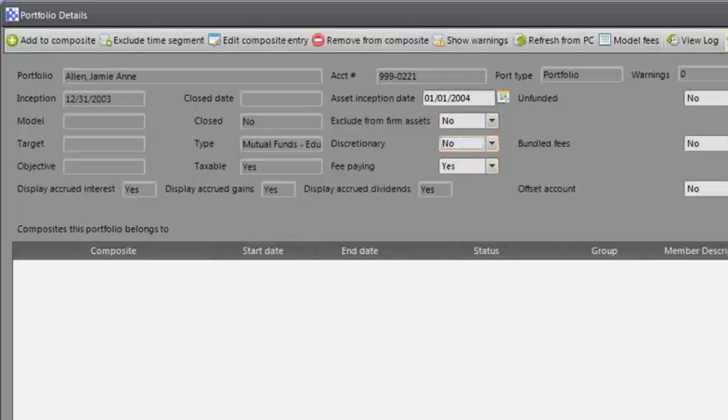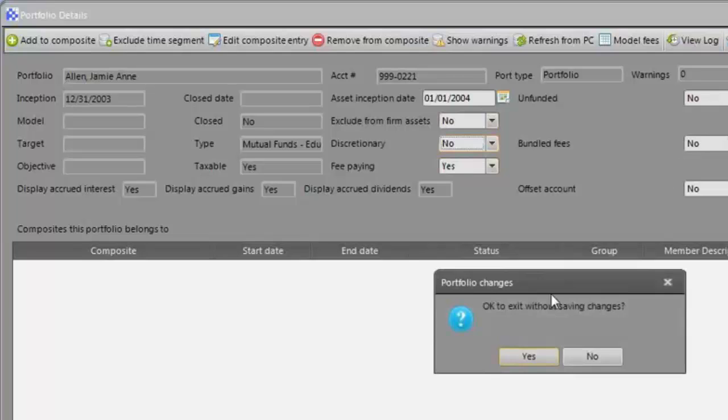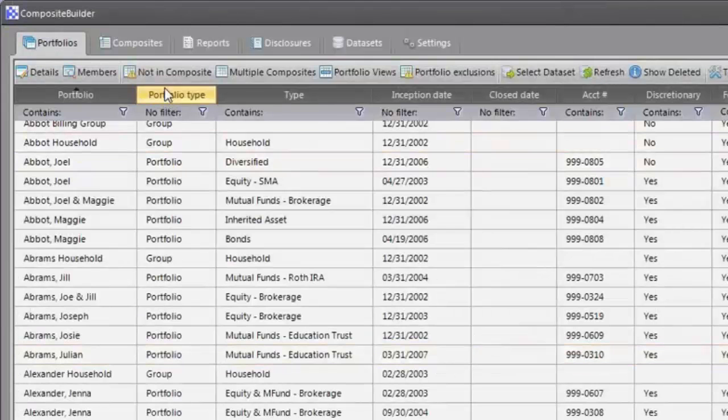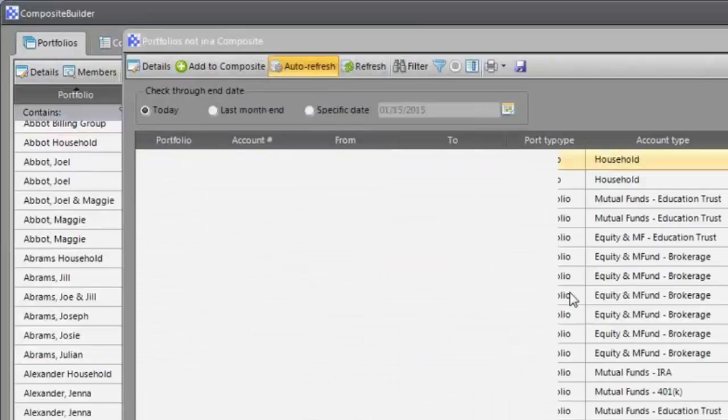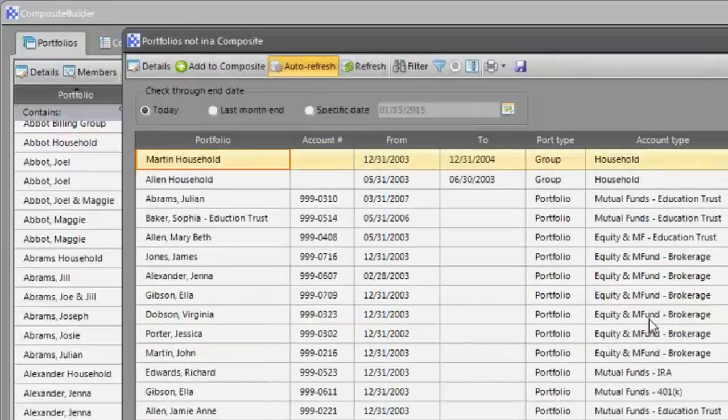Right, you're managing it, because one of the things that we're trying to do in Composite Builder is at any point in time you can click this button, not in a composite, and it will tell you any accounts in your database that are eligible to be included in a composite that have not yet been put in a composite. So you always know what you're working against. And if you've got 5,000 or 6,000 accounts and half a dozen composites, this is a very laborious list of accounts to come up with if you've got to do it manually. But of course the computer does it